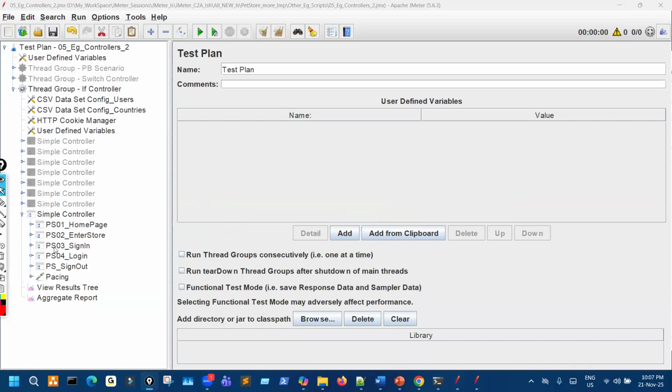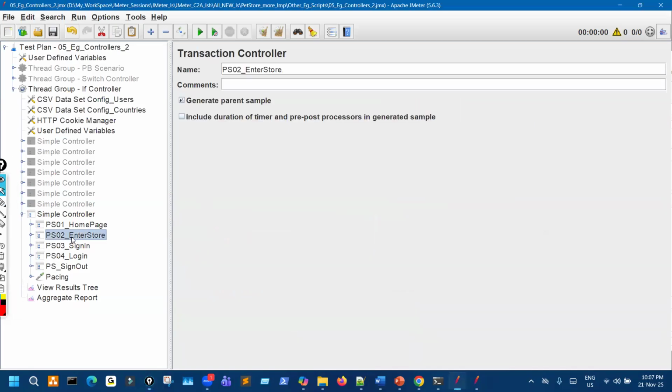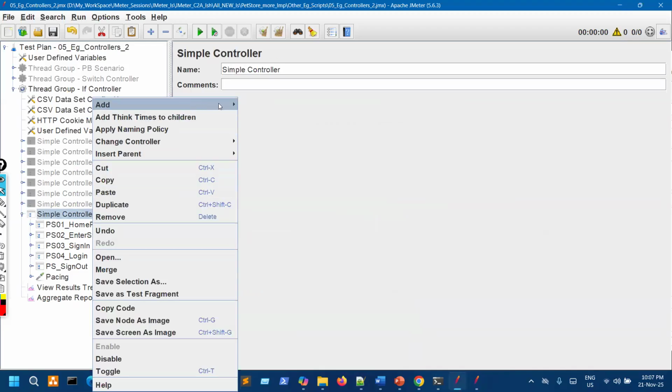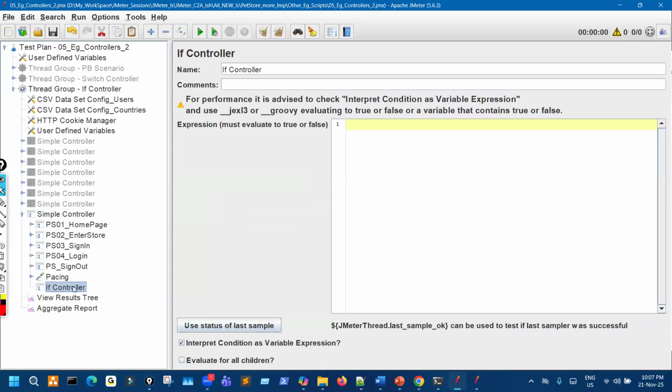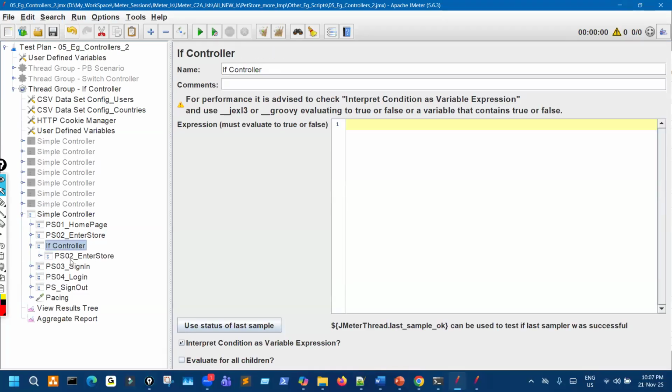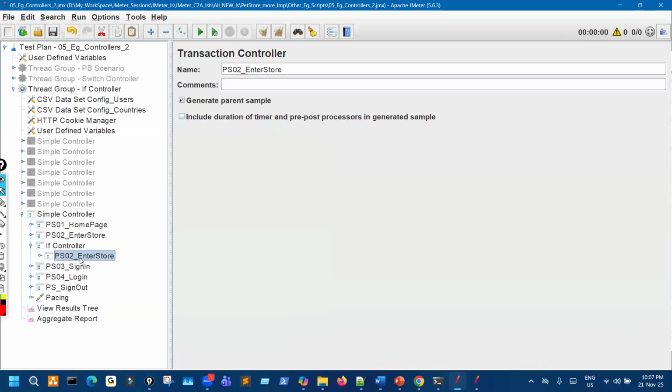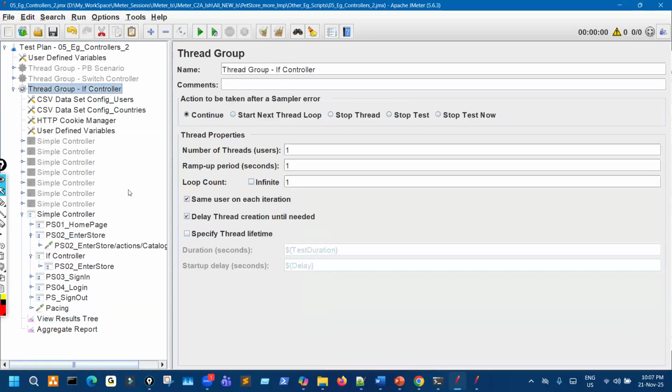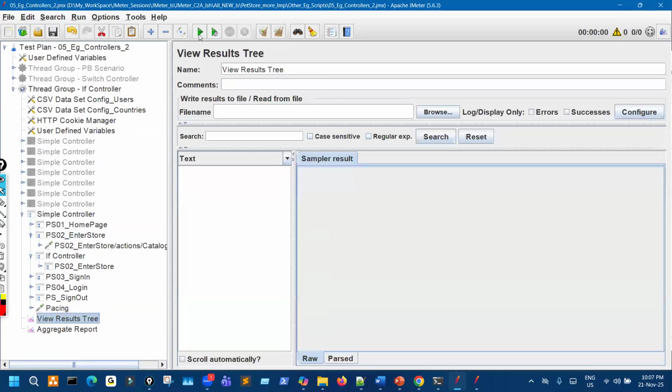So I'll add an if controller and move it up. And this if, I'll make one more copy of that inside this. Right. So inside if block, this is enter store, and then we are moving one more same enter store by copy pasting here. Now we will put a condition. So see condition, we have to take some reference. Okay, reference you can take anything,